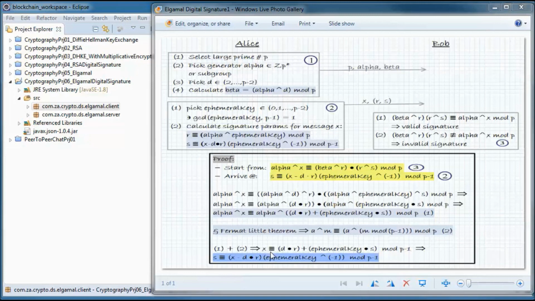This gives us that X is congruent to D times R plus the ephemeral key times S in mod P minus 1. And if we rearrange, we end up with S is congruent to X minus D times R, multiplied by the inverse of the ephemeral key, in mod P minus 1. So this.